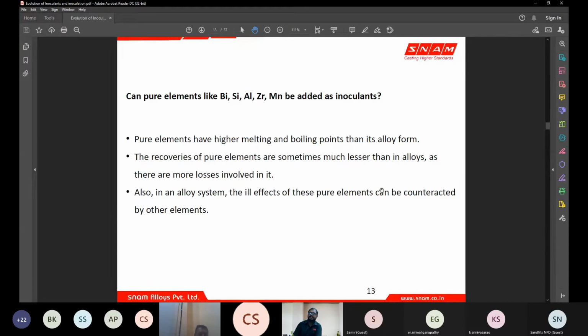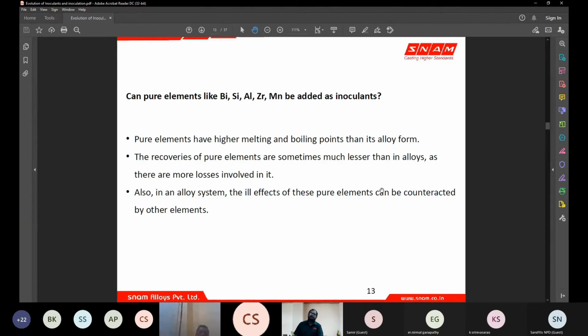Say, for example, if we consider calcium, calcium gets oxidized as calcium oxide and forms a whitish scale on top of calcium. So if calcium is present in the alloy form, like an inoculant with calcium inside, the recovery of calcium, or the loss of calcium, will be less compared to adding pure calcium to the liquid metal. Because in an alloy form, you have a group of elements and not just calcium alone, but in a pure form, you just have calcium, where the loss will be more. That is why when we compare pure elements of oxidizing nature, they give less recovery due to oxidation.